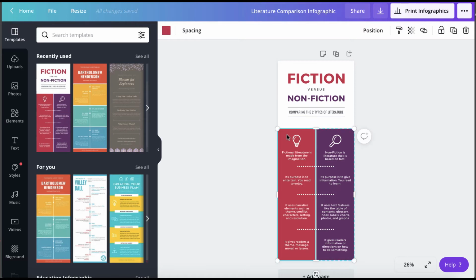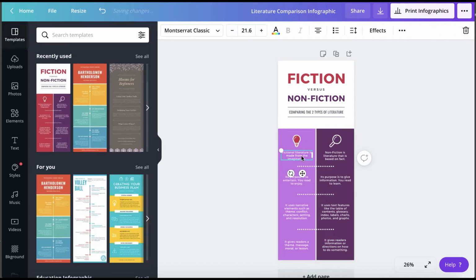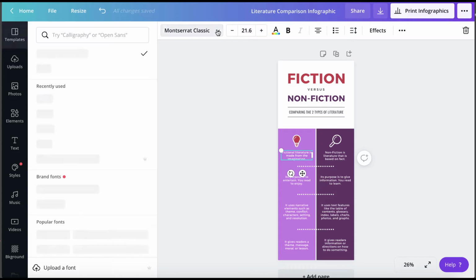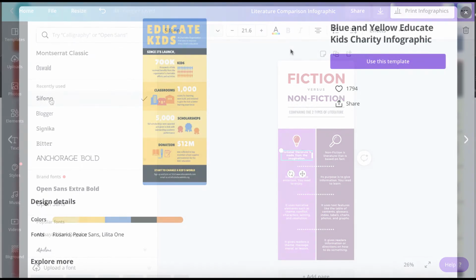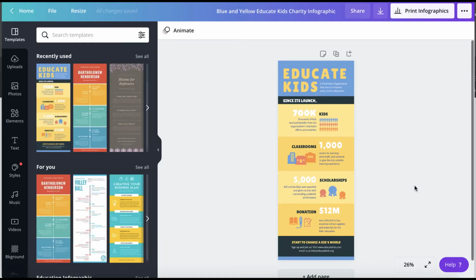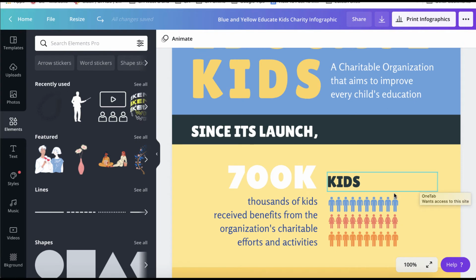Once I've selected a template, I can customize it. When I click onto a color block, I can change it to another color I find more appealing. And the same goes for the font. Looking at another example, I'll increase the size to 100% to really see the details.